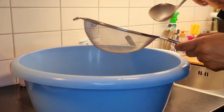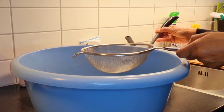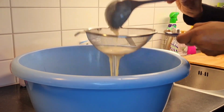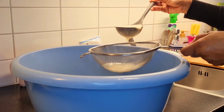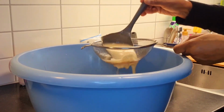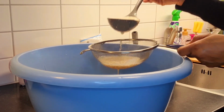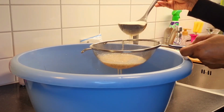I am now going to use a deeper and wider bowl to strain it, because we have to mix everything in one bowl, so we have to use a bigger container. This is how we're going to continue until we strain all the